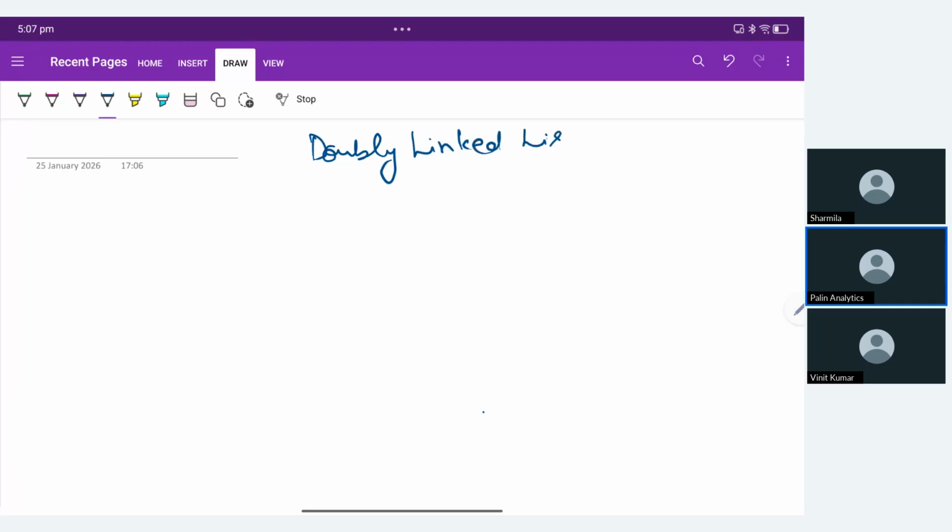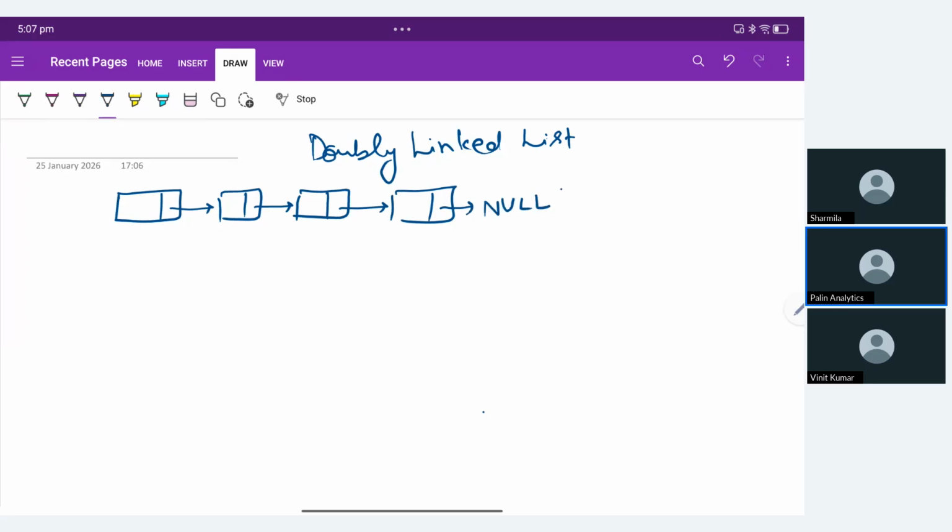Okay. So now, what do we do in doubly linked list? So in a normal linked list, we have only the way of moving forward, right? Only one side it was moving, and normally at the last it was null, or you can say none, anything